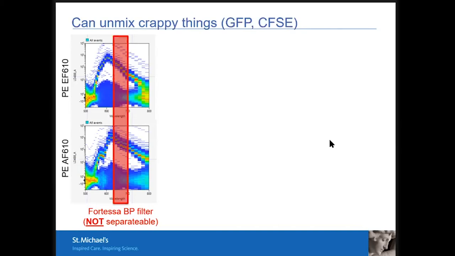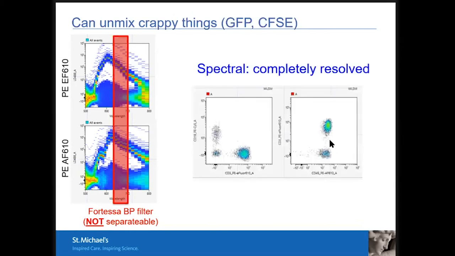However, the ExaFluor has a characteristic change in the shape of the curve here, and the slope here and here are very, very different. So that shape difference means that a spectral flow cytometer can actually identify your T cells and your other lymphocytes and unmix those populations really, really well. It's good enough to the point where you can actually, although you never really would, but you can, if you're just a geek, want to unmix ExaFluor 88 and FSE, even though they are like 2 nanometers apart on their curves. So that's sort of the newest rendition of flow cytometry instrumentation that allows you to look at highly multiplexed